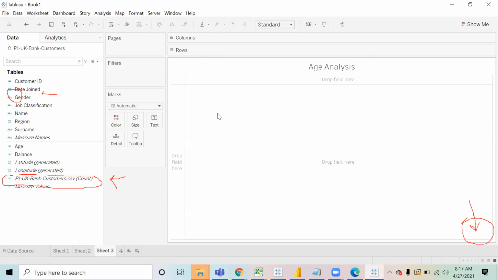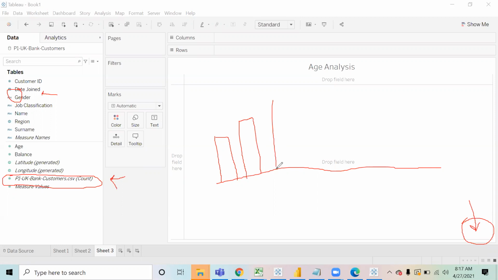See, let me tell you, the first challenge that we are going to have is how the chart will look. So let me show you. We will go step by step. I need to create a chart where I would like to see how many people I have who are of 15 years, how many people I have who are of 16 years. So I would like to first of all create a chart where I can see how many people I have of different ages, right? This is the chart that I want to create, 15, 16, 17, 18, 19, up till 70, 80, 90, whatever is the highest age of customer that we have in our bank. Okay, so how will I do that?